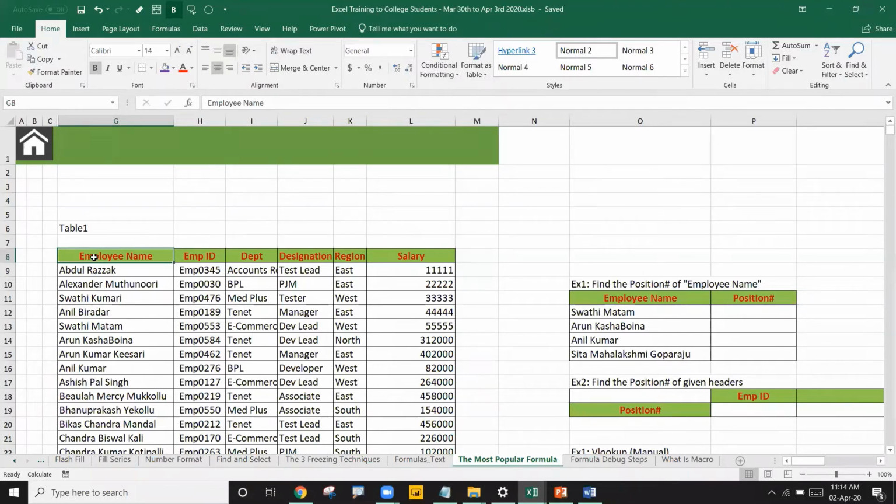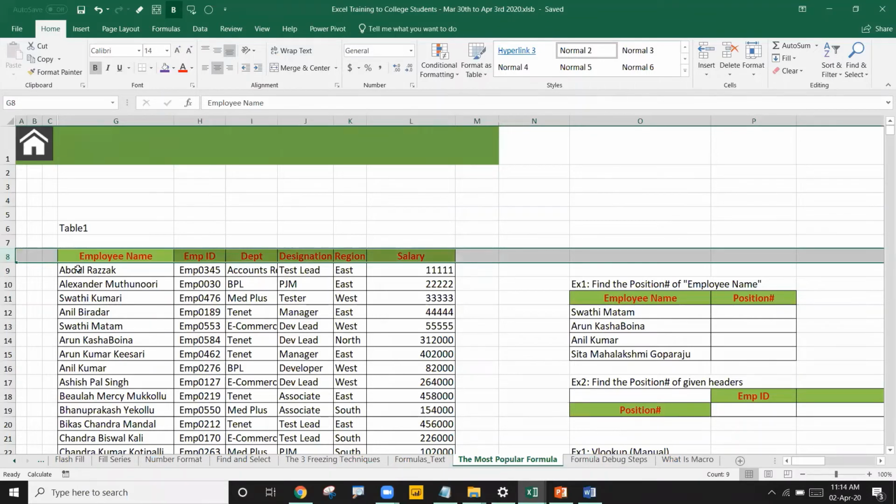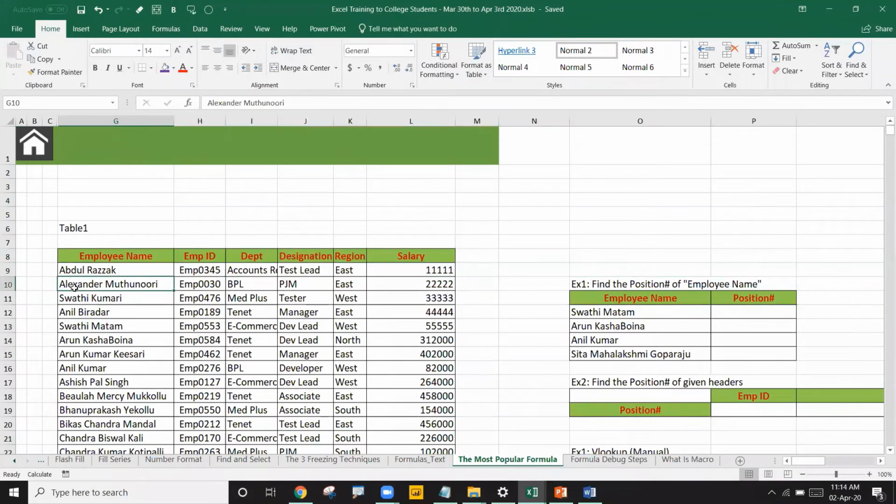If I count from the header onwards, this will be row number 1, this will be row number 2, and so on. Like this, 3, 4, 5, and Swati is sitting in the 6th position, not in the 13th. Remember, this is not the 13th row. For this table, this is the 6th row. Correct? So Swati Matam is sitting in the 6th position, so I'll write 6.